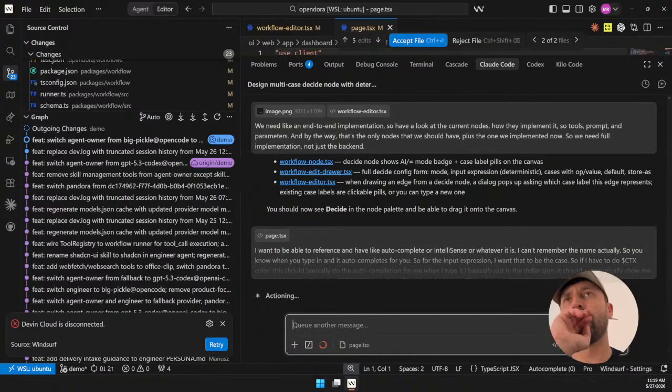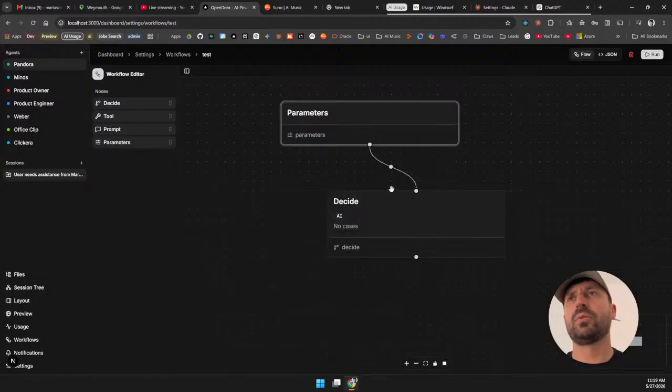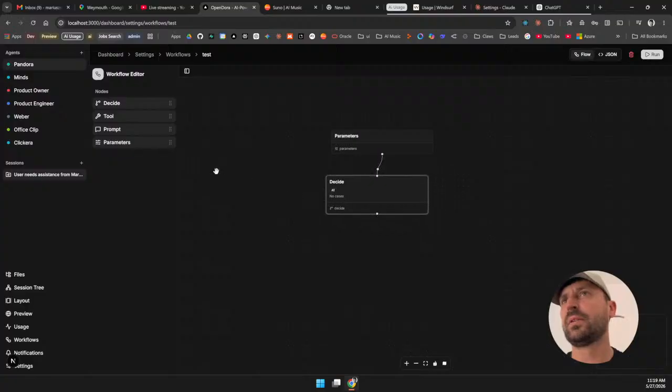Okay. So now what do we have? We want to have the side node. I'm going to make it smaller. So now we have the side node and then we want to have